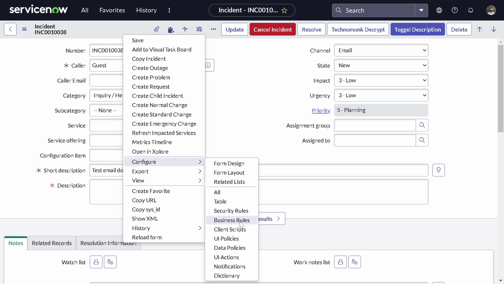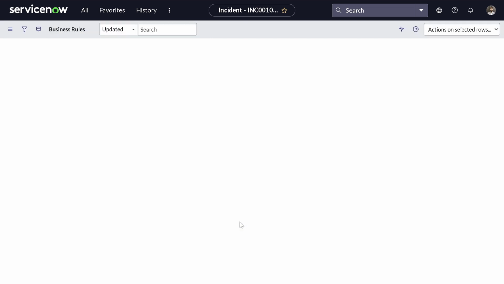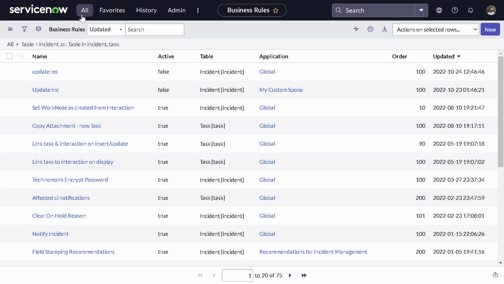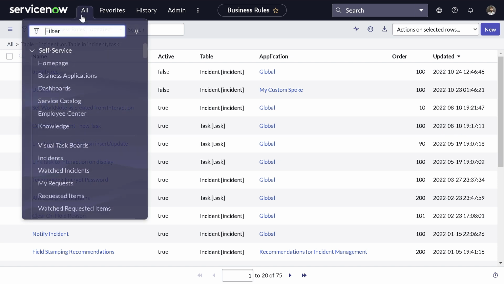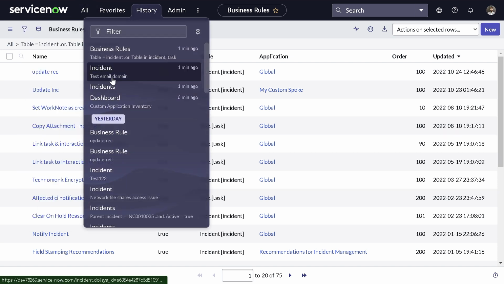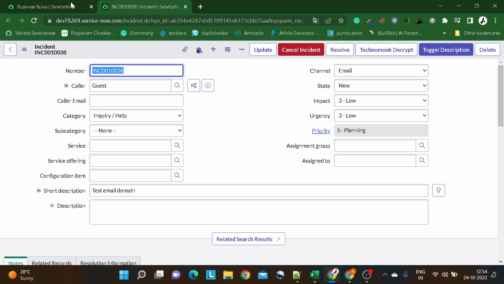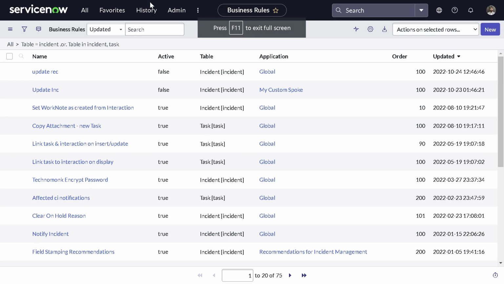and we'll go for business rule, because we'll be writing an after business rule. Whenever you want to perform any activity on another record apart from the record on which you are working, you should always go with an after business rule. On the other side, I will open this record in another tab, so that we have hold of this record. Perfect, now we have both things. So I will go and create a new one,